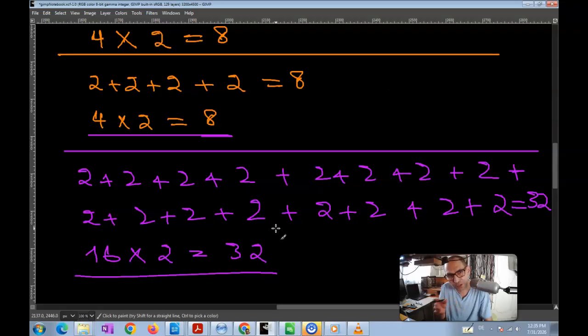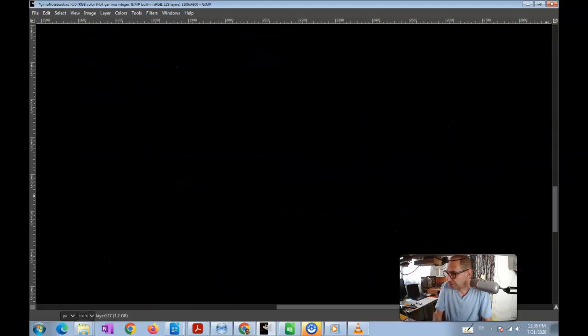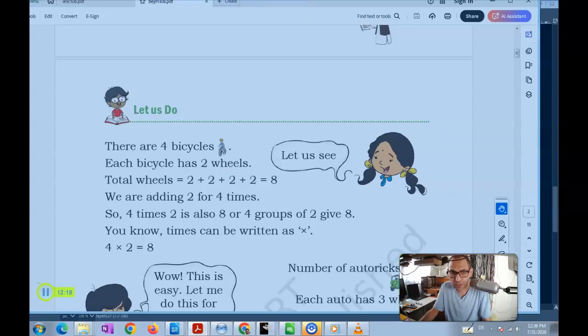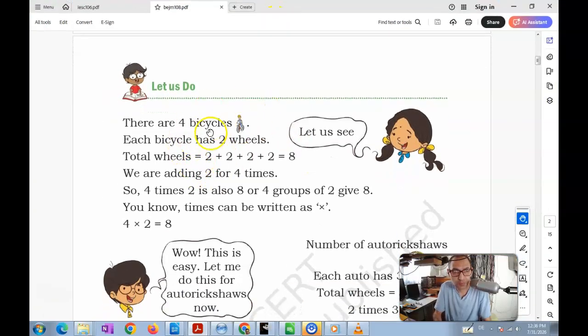Although to find the answer, we'll have to make things a little bit more advanced. Using those techniques and strategies, we can actually calculate the answer without going through the addition itself. Okay, so that's basically what the girl has explained here for the number of the wheels of